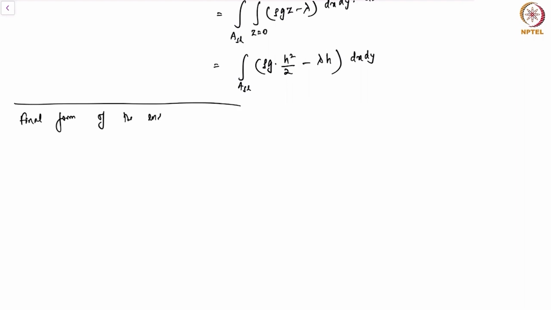the final form of the energy functional. Now J of A becomes the integral of gamma times the liquid vapor interface area. That liquid vapor interface area is now the square root of 1 plus hx square plus hy square. Right? This is a double integral because it's over the, we'll come to that, but it's an area integral